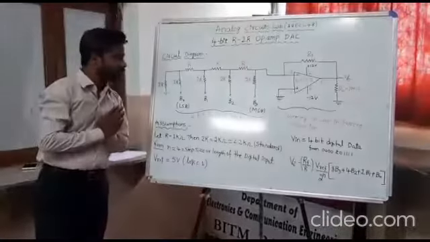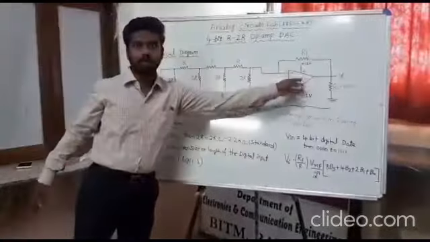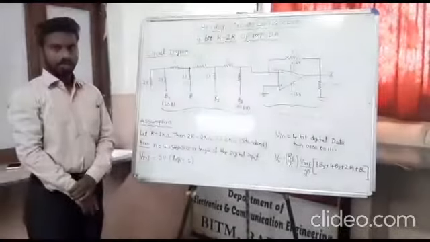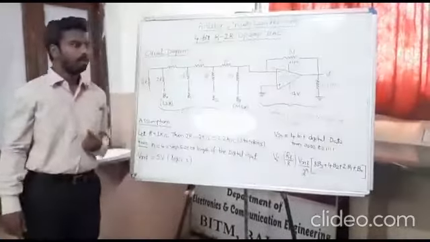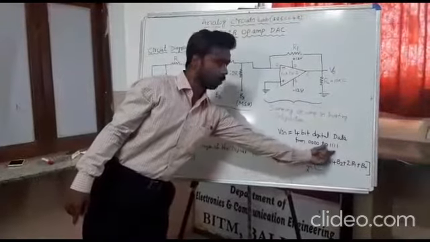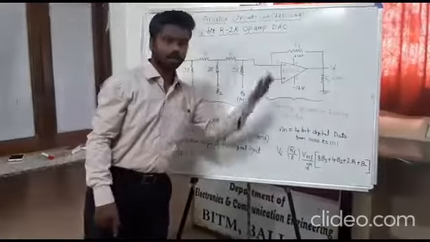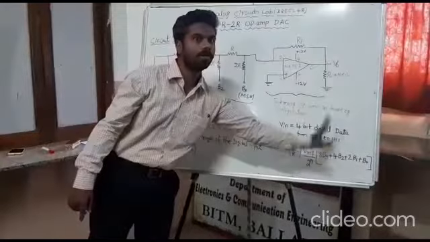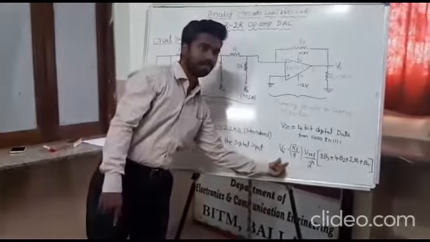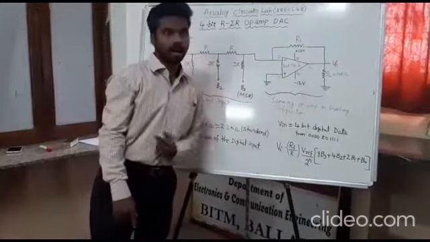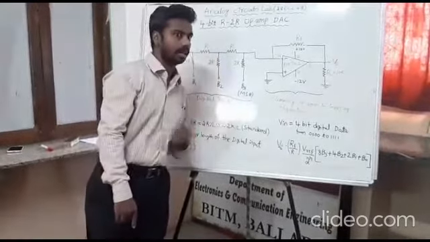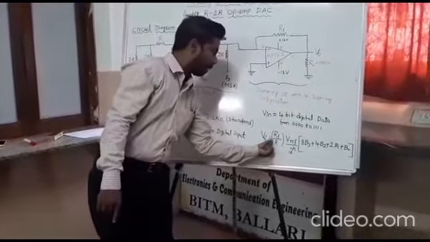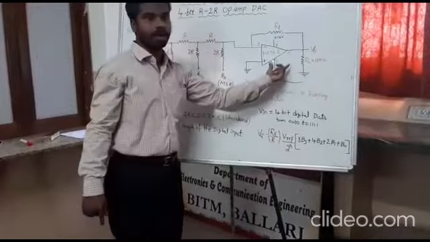Now let us understand how to produce the corresponding analog output voltage for the given 4-bit sequence. Your 4-bit sequence is a binary input which varies from 0000 to 1111, and we need to see how to produce the output voltage for all the 16 combinations. This is the output voltage equation for getting the analog output for the given digital data. The output voltage equation is given by the ratio minus RF by R. This is the voltage gain of the inverting amplifier.